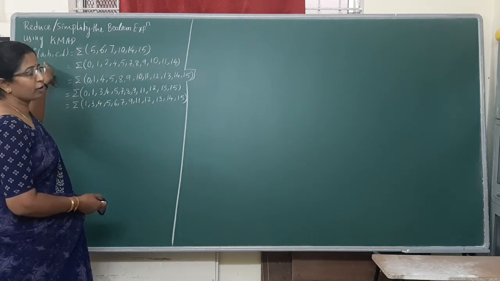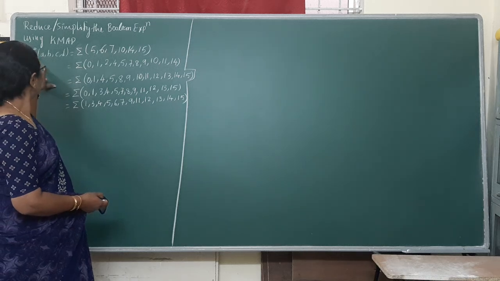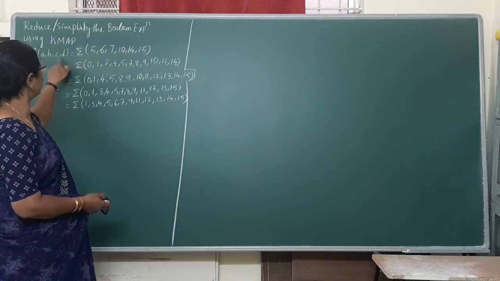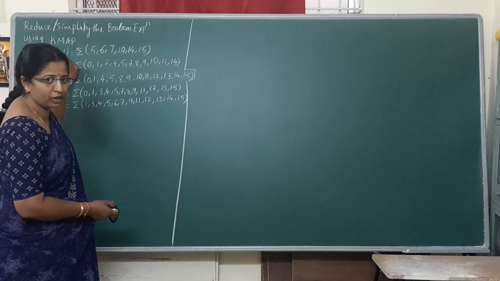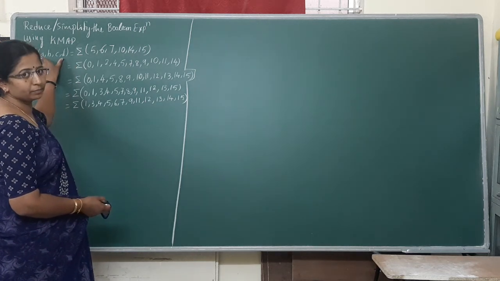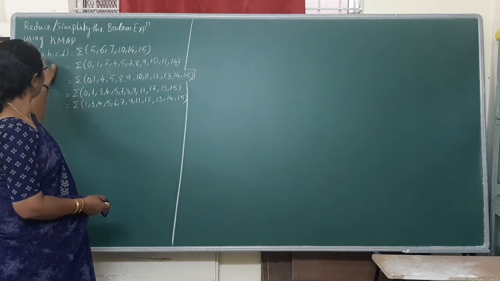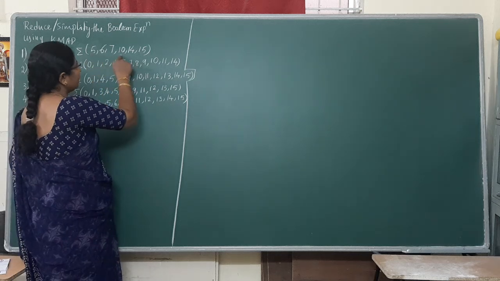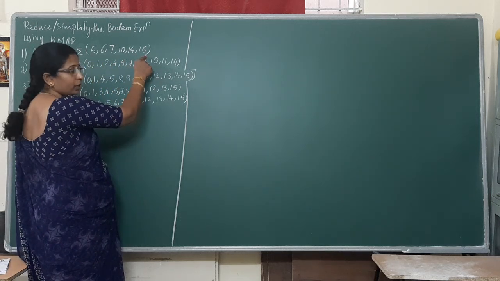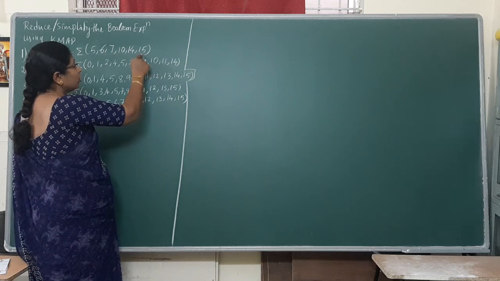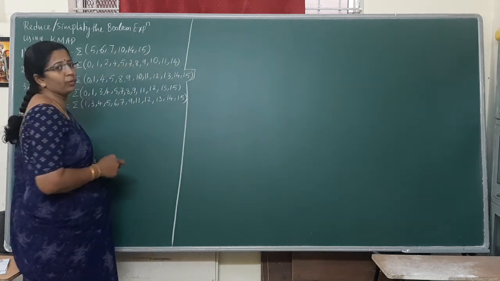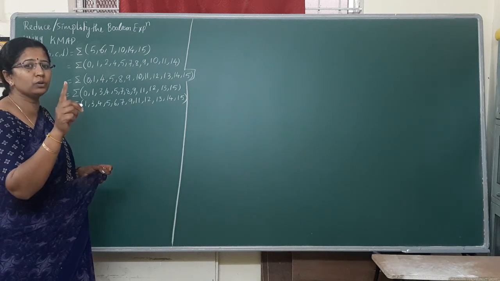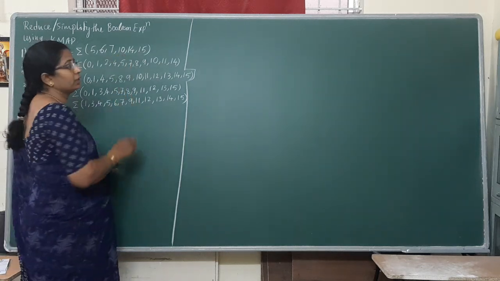Here I have taken f of a, b, c, d. Any of the variables you can take. If a particular variable is specifically given, you need to use the same variable and its order. You are not supposed to change the variables and variable order, and you are not supposed to take any other than the given terms, and you are not supposed to leave any term which is given. This is very important. You are not supposed to add and you are not supposed to leave any term which is given in the